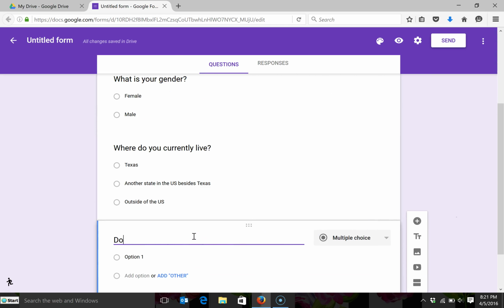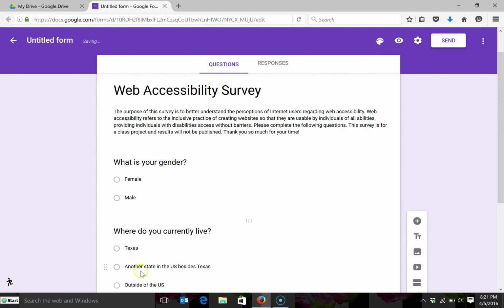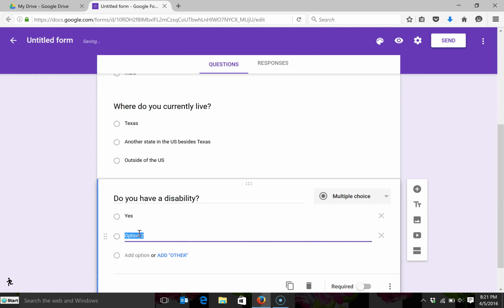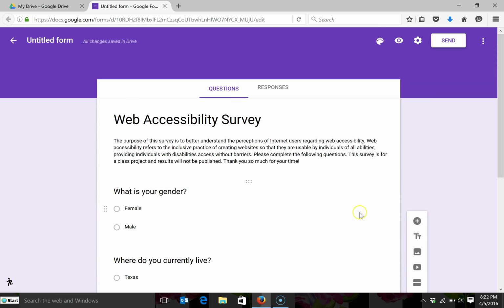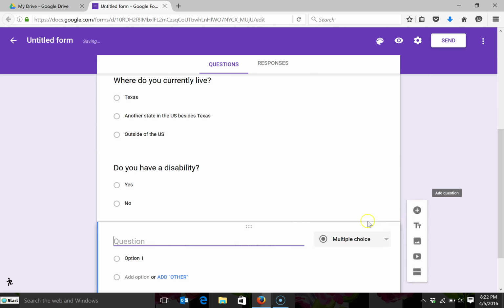So I should probably also ask if the respondent has a disability. Maybe it would be interesting to compare respondents who have a disability and those that don't. The perceptions of how accessible the web is would likely be related to that. So those are a couple of questions that would use the multiple choice format, I'm going to show you another question type